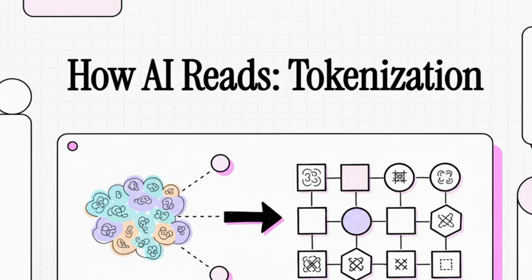You ever wonder how a massive AI model, like GPT-4 or Claude, actually reads? I mean, it doesn't see words and sentences like you and I do. To the AI, it's all just numbers. So how does it get from our messy, beautiful human language to the clean, orderly numbers it needs to work? Well, let's pull back the curtain on this secret foundational step of AI, something called tokenization.